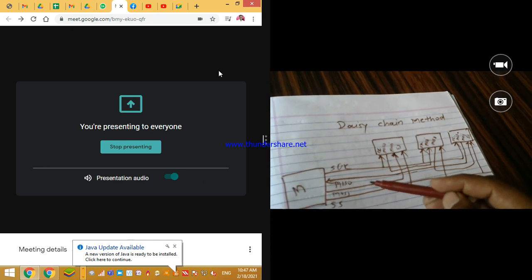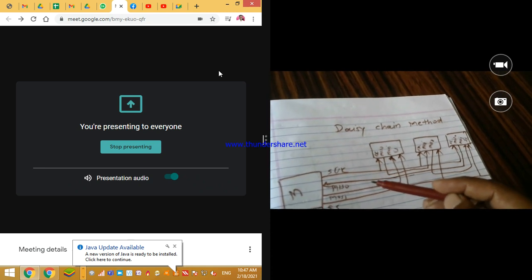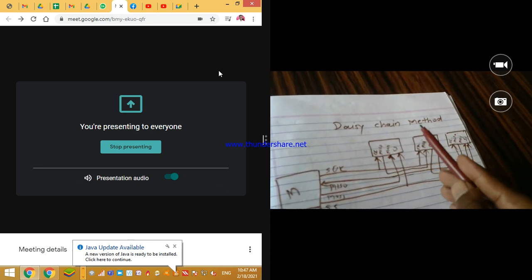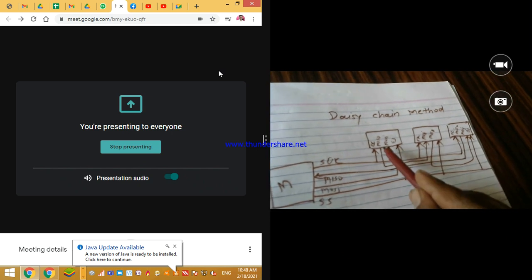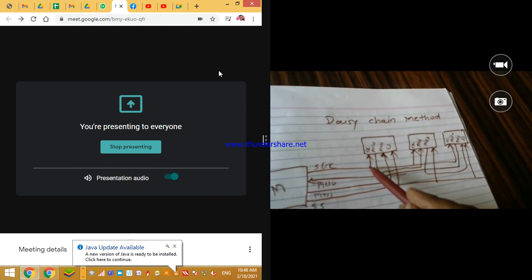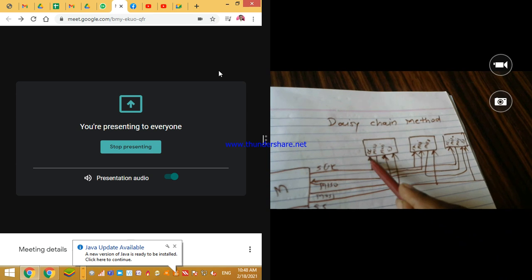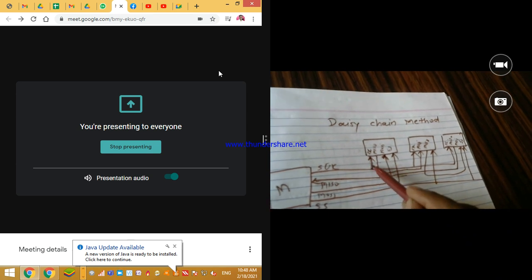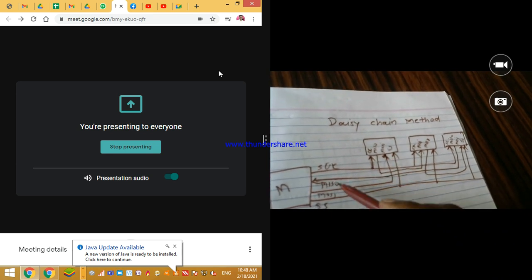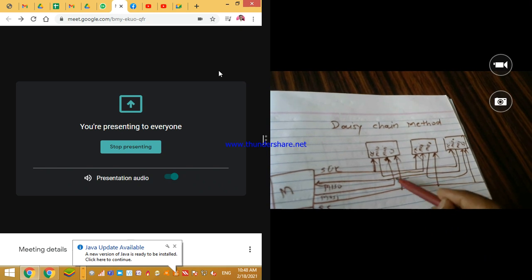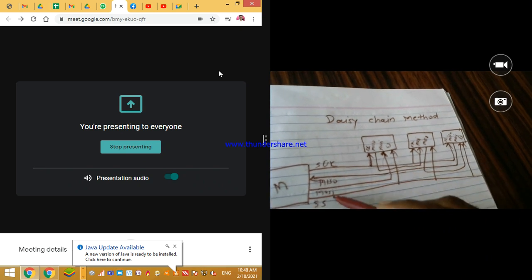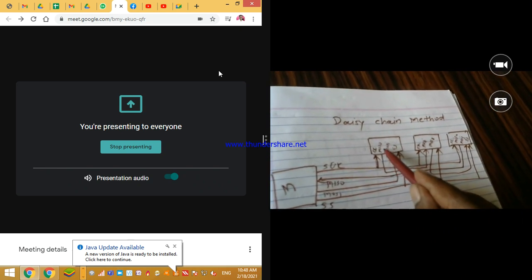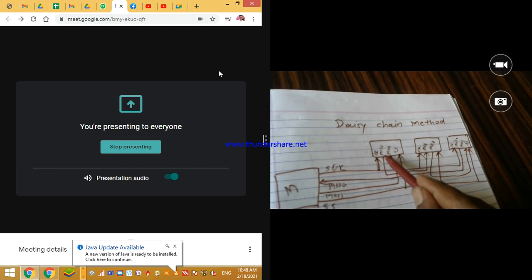Only pins are connected to only one device, right? Now see, we understand this is the serial clock. This pin is serial clock. This is MOSI, which is coming from this side, and this is slave select that we have seen. What about this? This is MISO, that is master in, slave out.